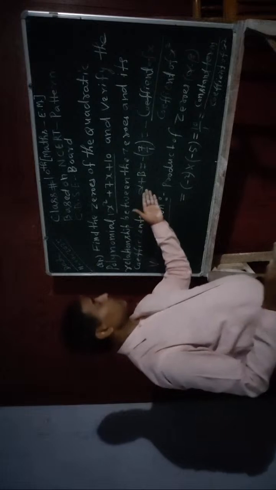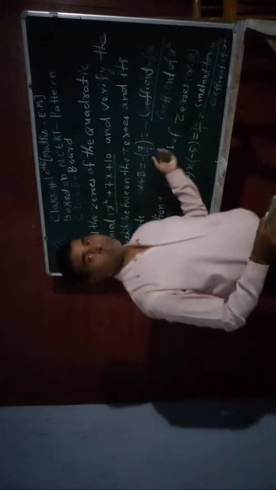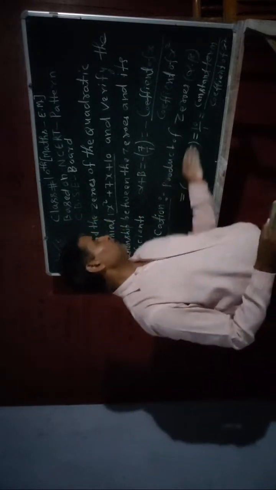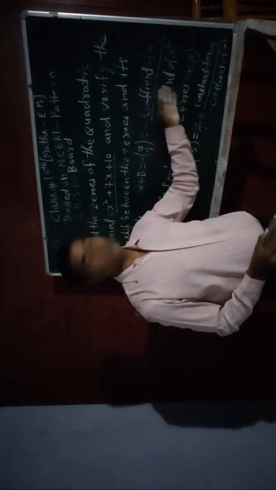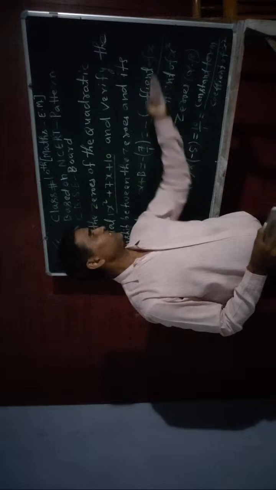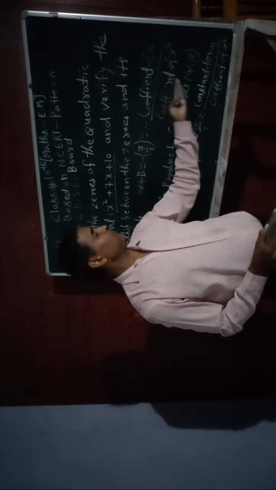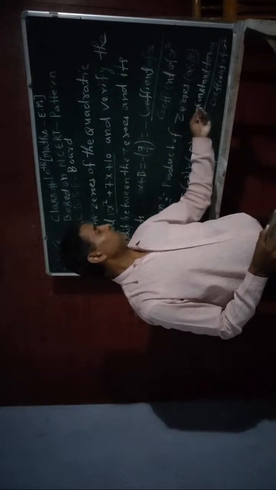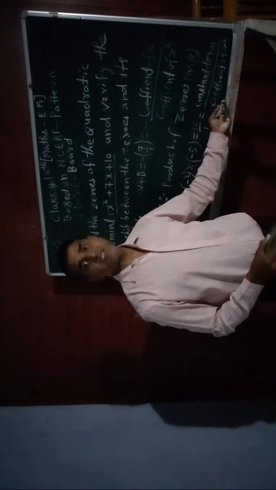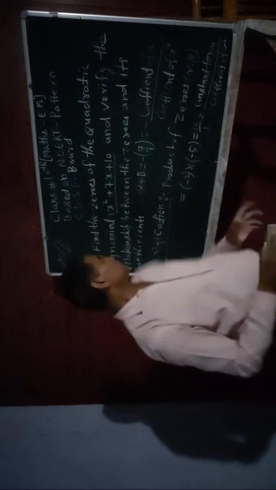So I will say the relationship between zeros and their coefficients is verified, because the sum of the roots is also -7 and the product of roots is also 10. And we are taking minus coefficient of x divided by coefficient of x square, which is the same value, and constant term divided by coefficient of x square is also the same value. So I can say that,